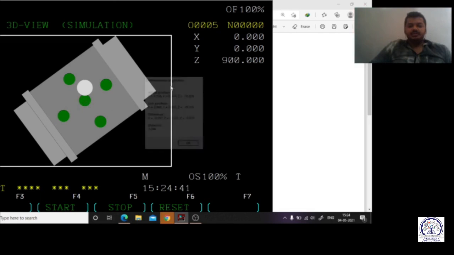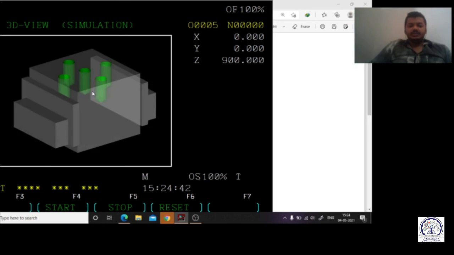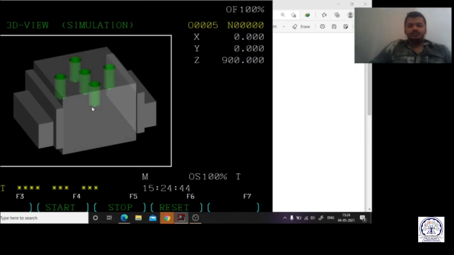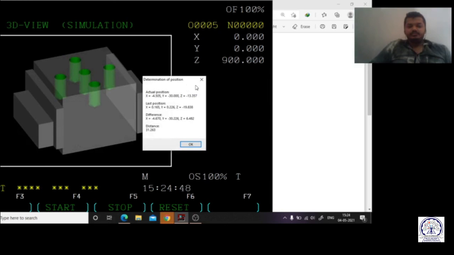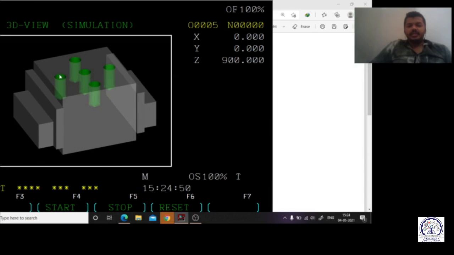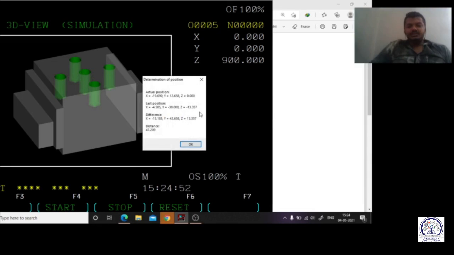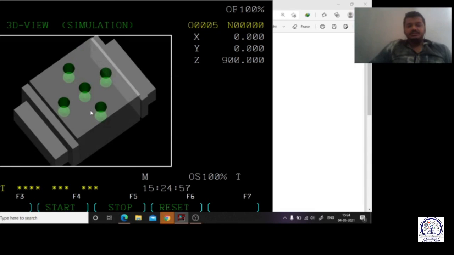Okay, so if I will be able to select the exact depth over here, then I could have shown you. And the top surface, all of you can see it is Z0. Okay. So this is how I can go for the different types of drilling operations.